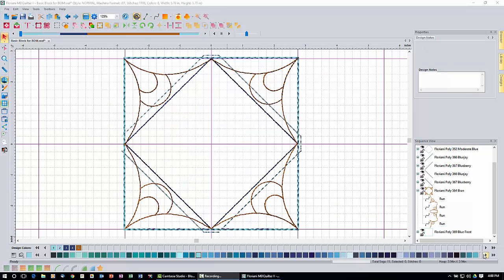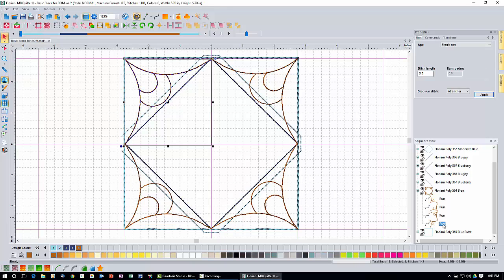So what we're going to do now is create the quilting stitches for the center, and those stitches are going to be a repeat of this design element that we've just made in the corner. So rather than recreate it all over again, we're just going to reuse it by clicking on the last run in the sequence, which happens to be the one in the upper left hand corner here, and we are going to